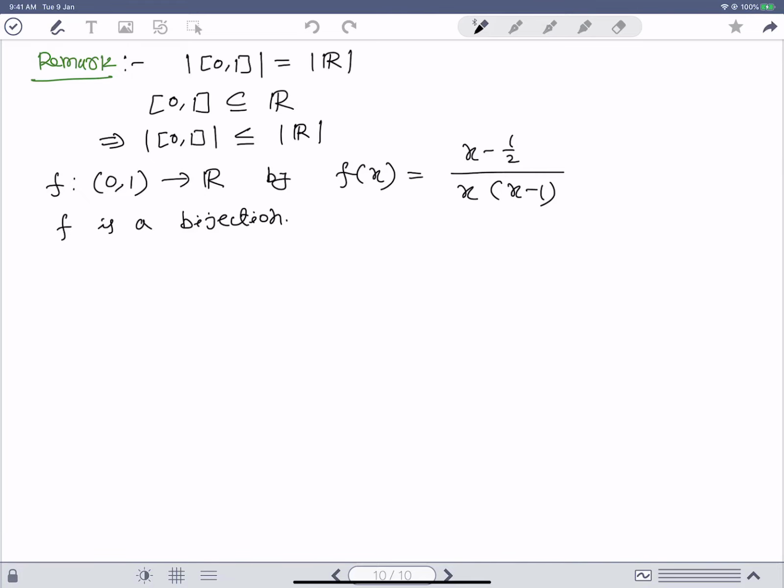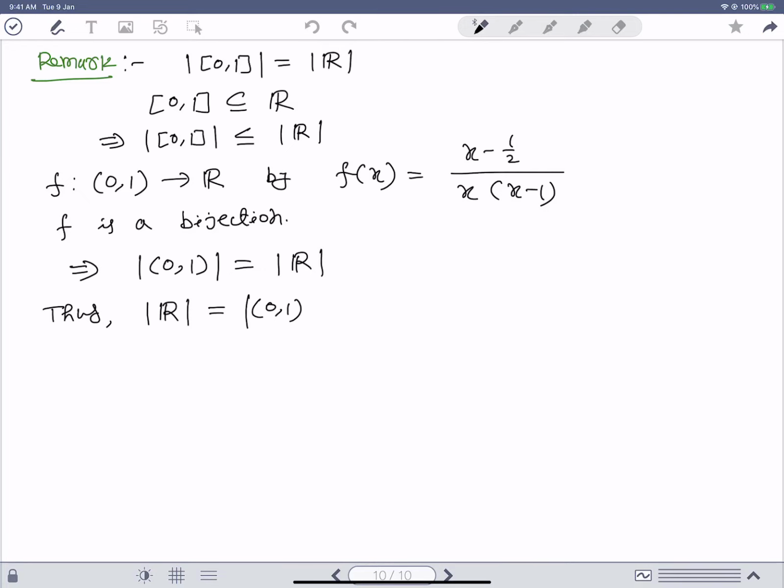In fact, if you know the continuity, you can easily check that this f is a homeomorphism. Now since it is a bijection, therefore the cardinality of the open interval (0,1) is the same as the cardinality of R, right? Therefore we can say that the cardinality of R is the same as